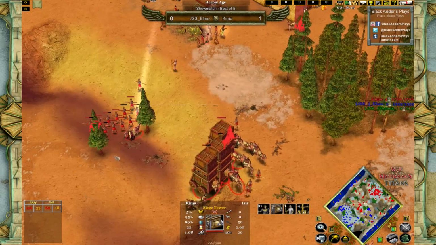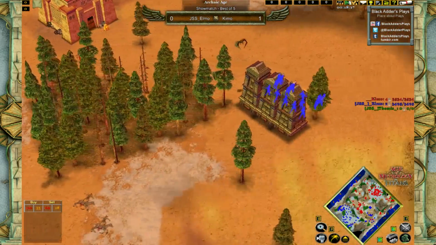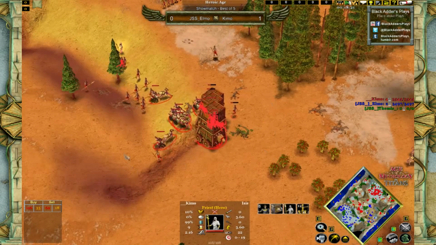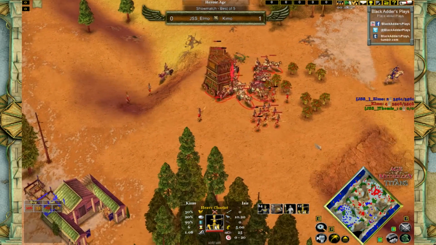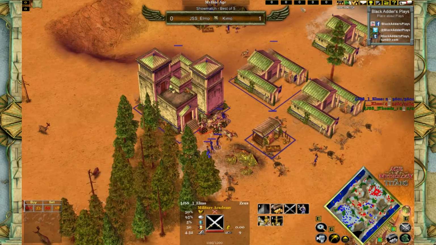Well, Kimo seems to be still quite comfortable, as he is, of course, at the 182 population limit right now. So, 182, huh? That's quite a lot. Yeah, that's 20 units, literally, 20 more units. That's insane. And that's definitely showing right now, as he is having basically units at 2 places at once,